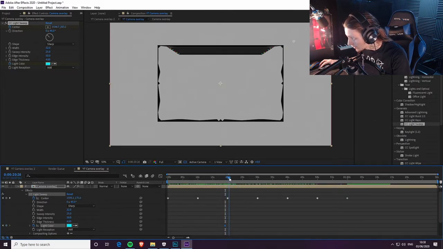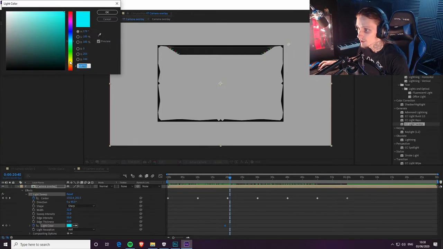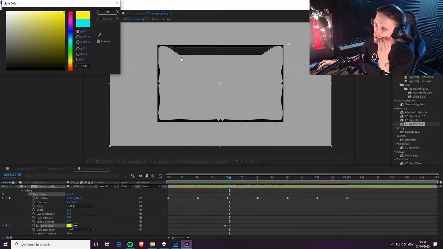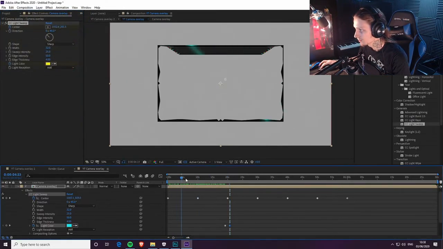And before it sweeps back on there. Now we're going to change the color to yellow, because as you can see the colors we've been using on this are blue, yellow and red. I'm going to go for yellow. As you can see it'll be blue, blue, then it'll come back on. Now it's yellow, yellow,